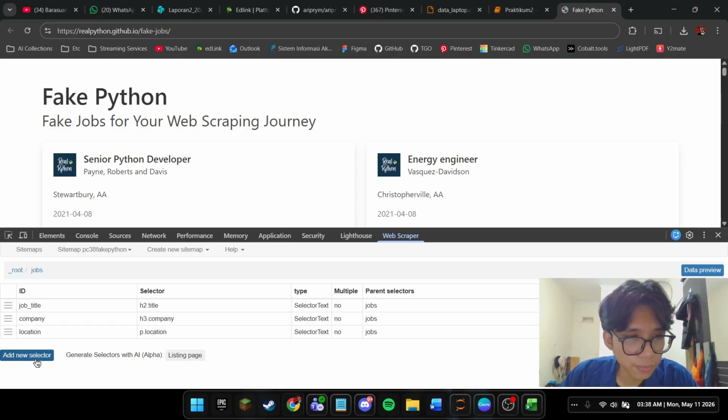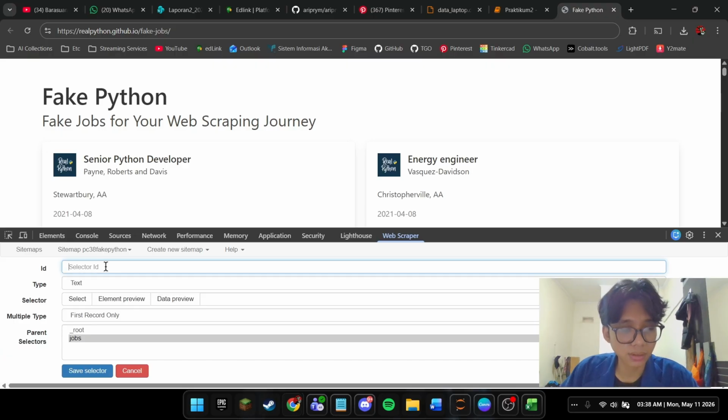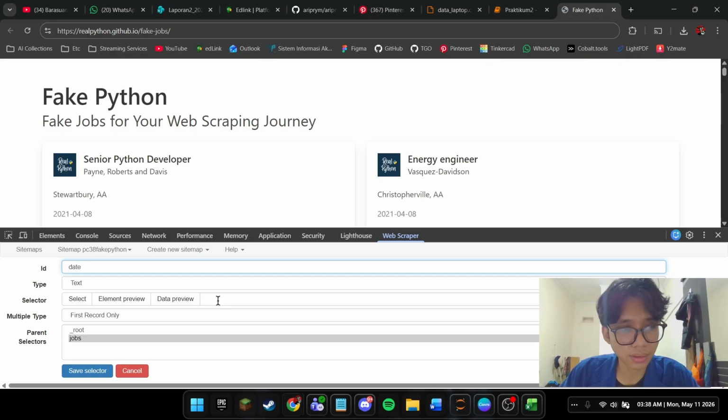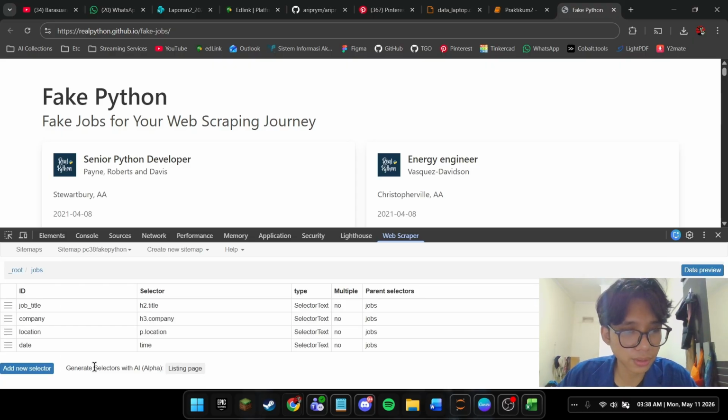Alright, then save. And finally, I'm going to create this date selector, this time selector. Then I'm going to save the selector. I'll use the type selector text with jobs as the parent selector and multiple set to no, because each card only has one value per element.